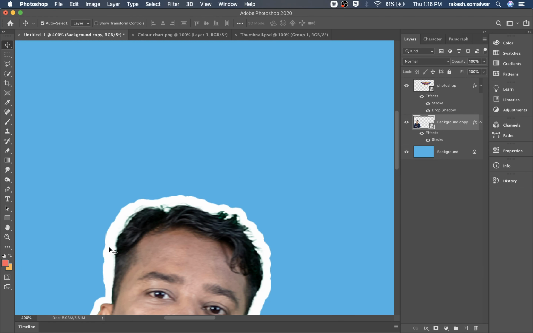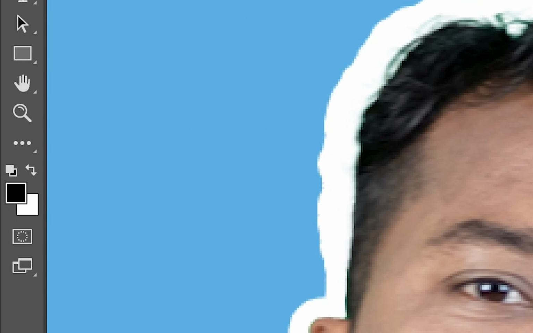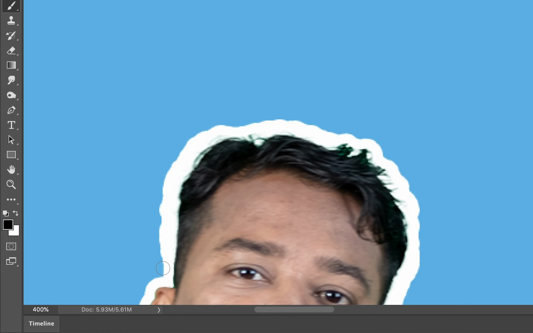No problem, select and mask the layer, and take a brush, keep it black foreground color, hardness 100, and make its size near 10 to 12, and draw that area, mask that area to avoid the haziness. See, this way you can keep the strokes even. See, now entire image is even thickness.